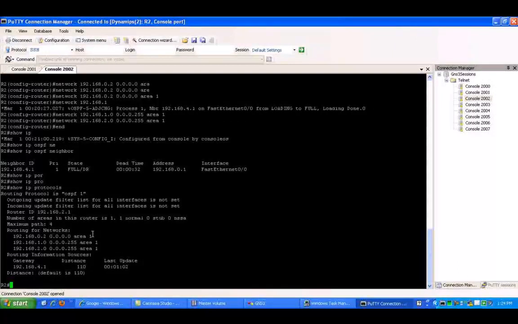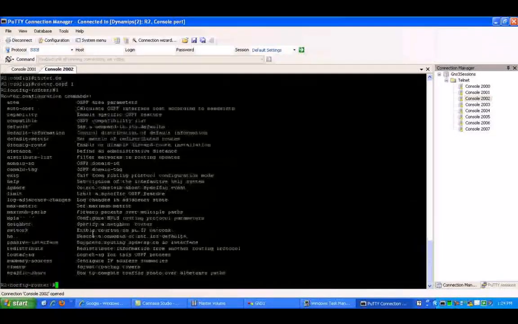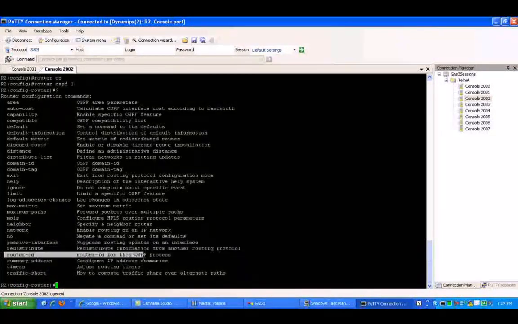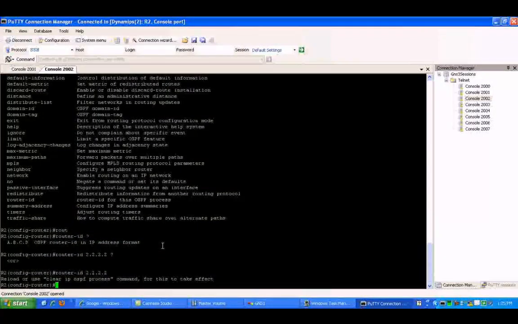And what we can do to change this, and to be a little more clear on the router ID, let's think about this for 1 second. If I want to show you this in the lab, what we can do is create our router IDs to kind of match the router numbers. So like router 2, if we go under router OSPF 1, we can set the router ID for the OSPF process. We can give the router ID of 2.2.2.2,